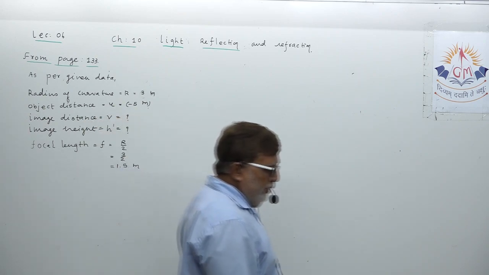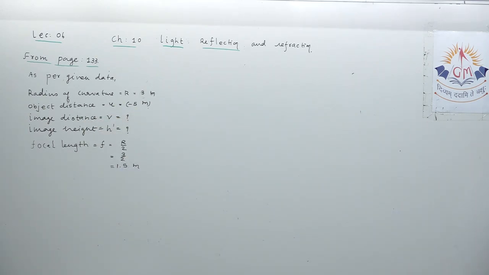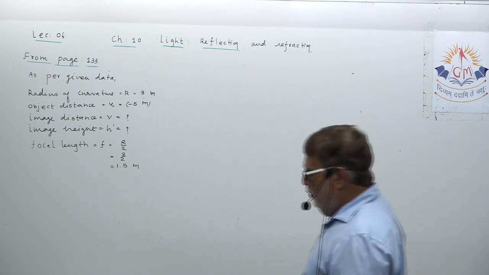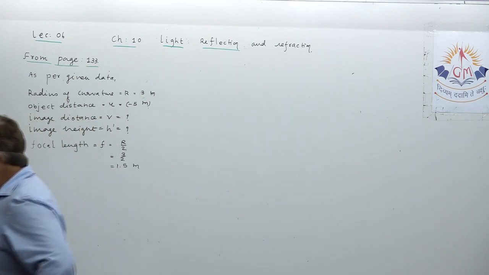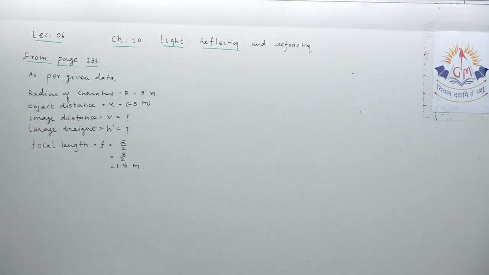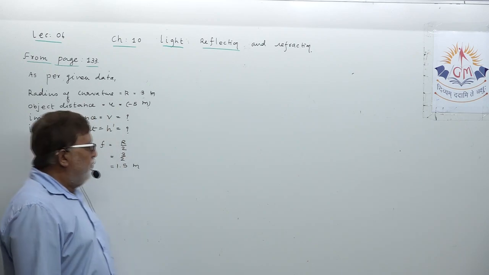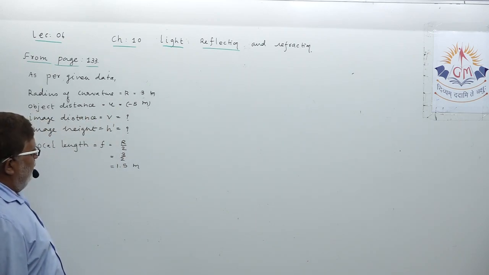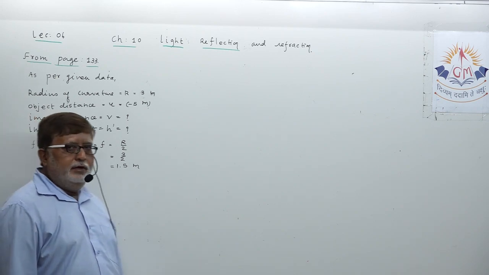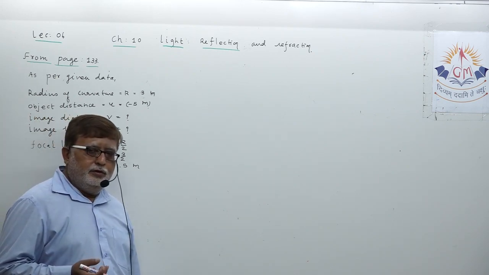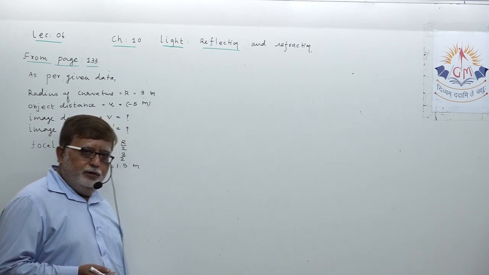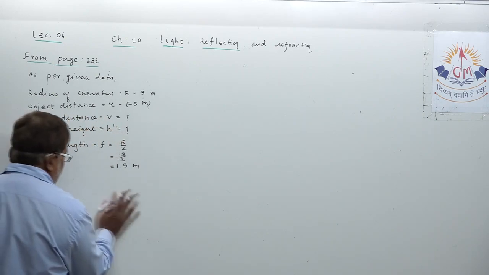First, the analysis of the data. What is given and what is not given, and what you are looking for. That analysis of data has to be first. Radius of curvature given 3 meter. Object distance, bus is resting behind you at a distance of 5 meters. So u is minus 5 meter. Image distance you are looking for. Focal length and radius of curvature as per the relation are R equal to 2f. We got f. Now let us continue.